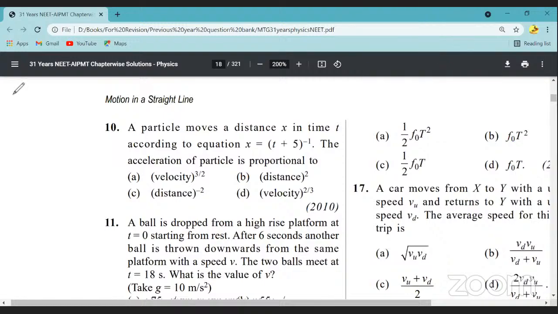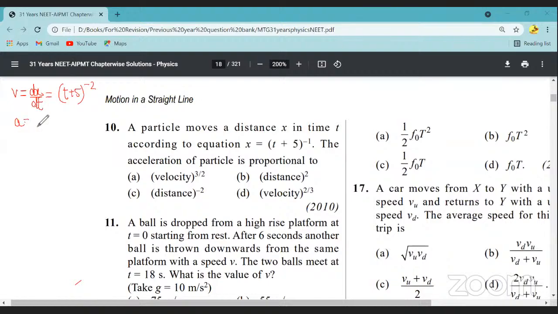Velocity will be dx by dt. So dx by dt how much? Here we have to apply chain rule. So t plus 5 whole to the power minus 1, so its differentiation will be minus t plus 5 whole to the power minus 2. This is velocity. Then acceleration